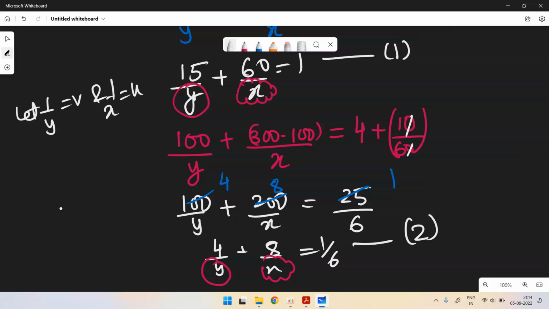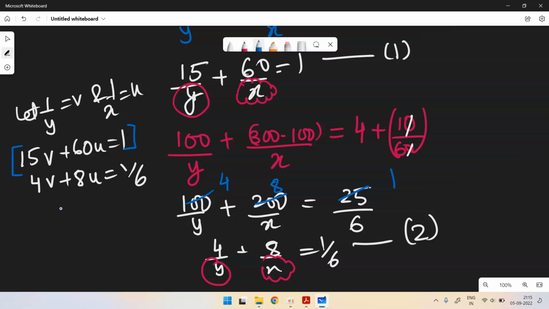From here we get 15v plus 60u equal to 1, and 4v plus 8u equal to 1 by 6. How do you need to calculate this? If you multiply the first equation by 4 and the second equation by 15, what you get is